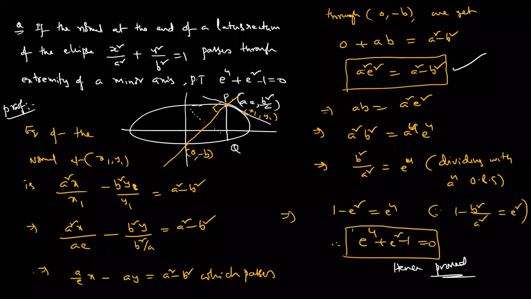Prove that eccentricity is constant. In this case, we are proving e power 4 plus e square minus 1 is equal to 0. Anyone tell me what is the value of eccentricity here? Yeah, definitely changing. My dear students, I am expanding this question. What is the eccentricity of this question? Sometimes they are giving eccentricity is a constant. What is the value of eccentricity? Anyone?